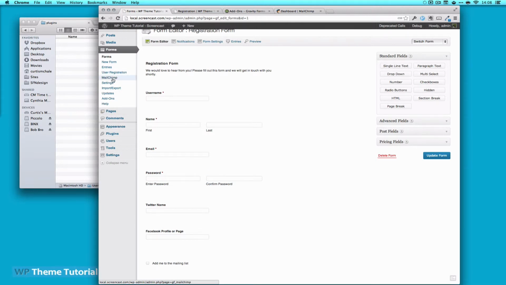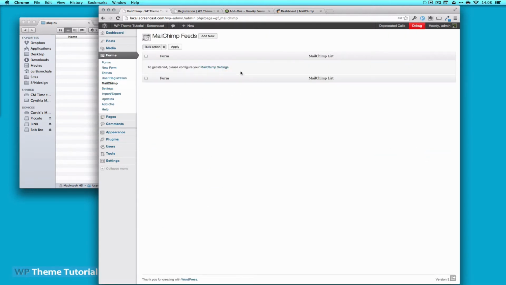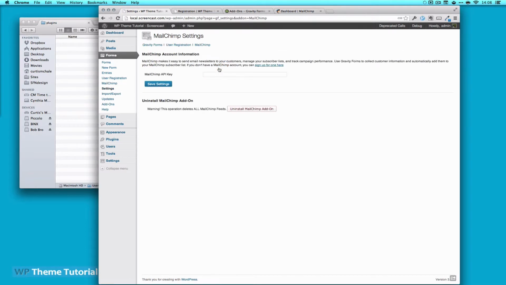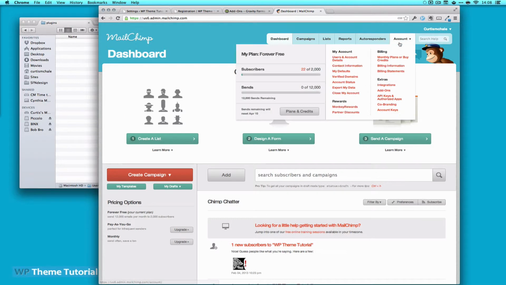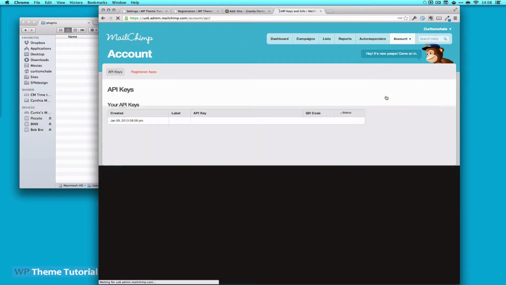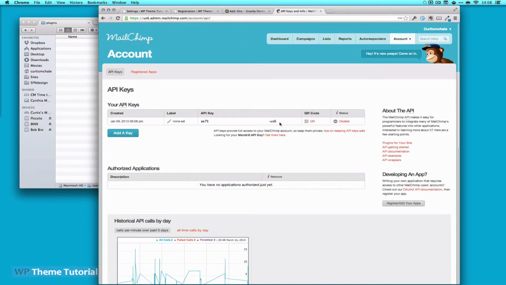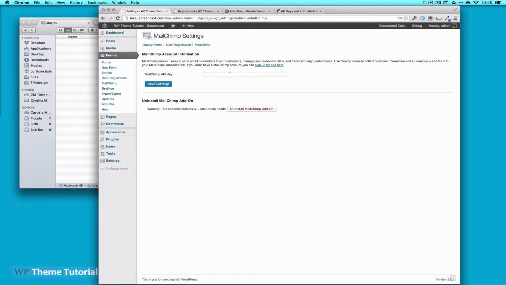So now what I need to do is go to Mailchimp. Now, I don't even have it activated with my Mailchimp account yet, so I'm going to go to Mailchimp Settings. I need a Mailchimp API key. So over here, I'm already signed into my Mailchimp dashboard. And what I'd have to do here is go to Account and API Keys. And this key right here, which I'm going to blank mostly out for you, is the API key you need. So I'm going to copy it, go to Settings, paste it in, and save settings. Now I have an API key, and I can go back to Mailchimp